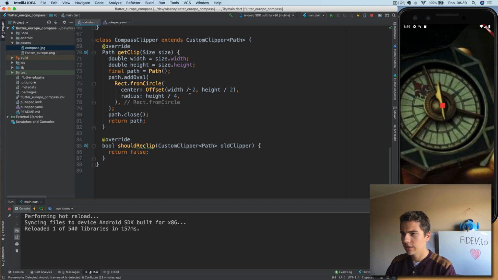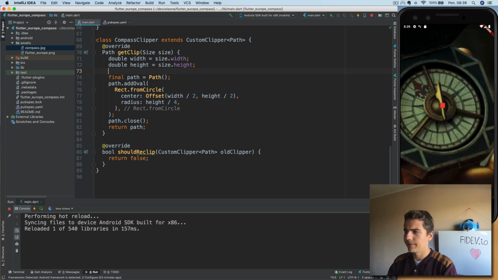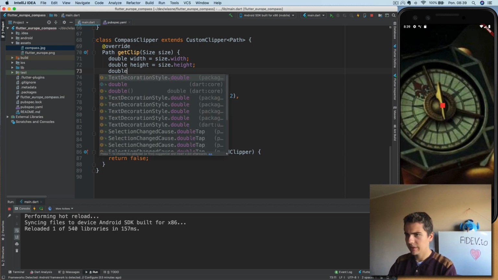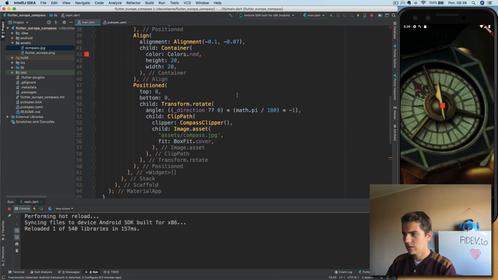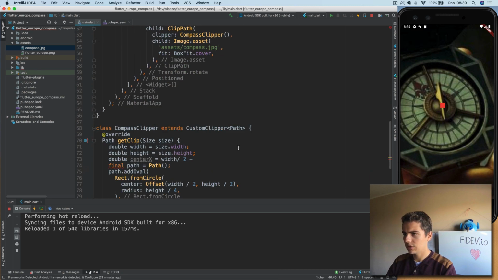And now here, instead of the center, let's make double center X, and center X will be width divided by 2, so it's this point. Now minus, it was this,